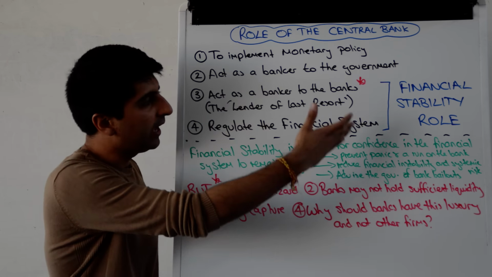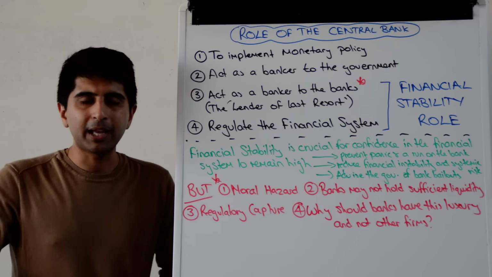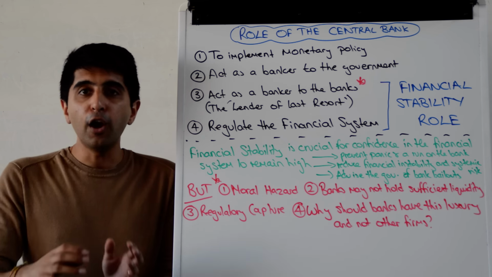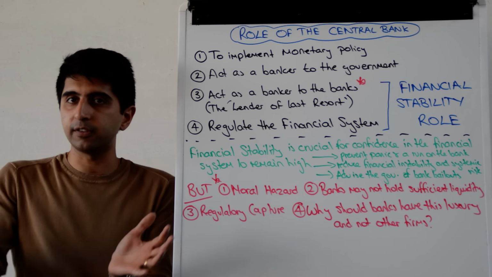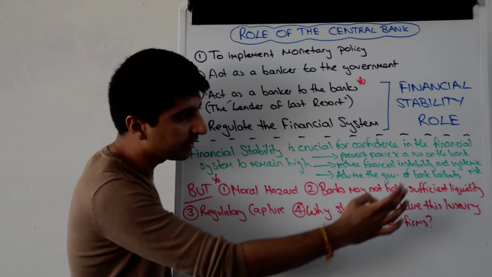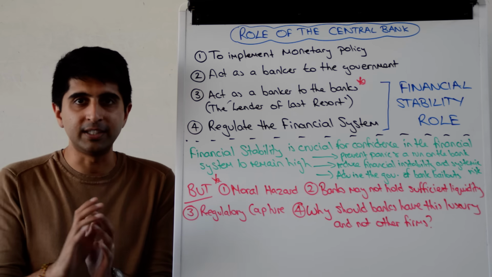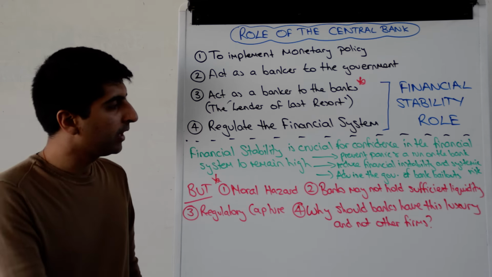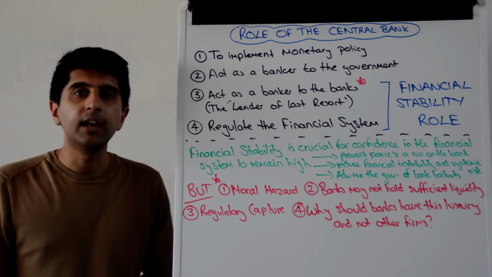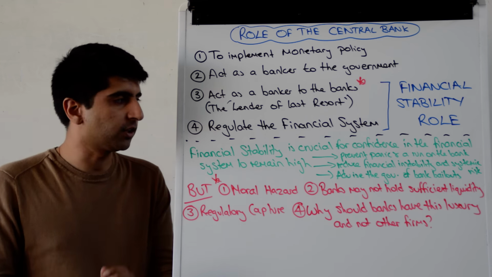And also, if need be, if there is a rationale for a bank bailout, so even for an insolvent bank, the Bank of England says, look, we don't want to bail you out, but actually it might be in the best interest of the financial system and the interest of society as a whole for this bank to be bailed out, then they can advise the government on bank bailouts to prevent wide-scale financial collapse, which can cause deep financial crisis and deep recession. So it's important that that role is there to make sure that all these things are looked after and to make sure that bank failure and systemic risk isn't that much of a concern.